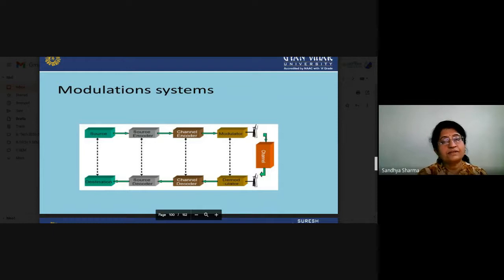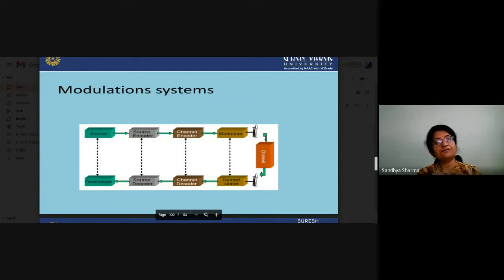At a particular instant, according to the value of our modulating signal, the property of our carrier signal changes. If we are changing the amplitude of our carrier signal, that is called amplitude modulation. If we are changing the frequency of our carrier signal according to the modulating signal, we call it frequency modulation. And if we are changing the phase, we call it phase modulation. The same thing happens if we are working on the digital modulation techniques. Here again, amplitude, frequency and phase, these three properties are changed according to the instantaneous value of our modulating signal.